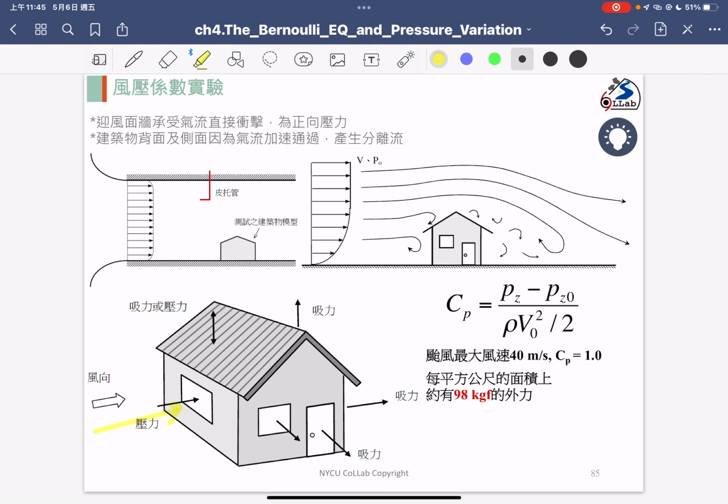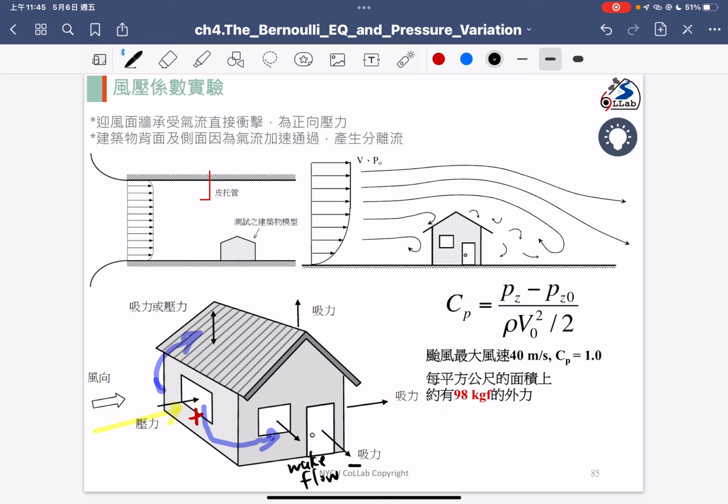So the CP value in here should be positive, right? Because the CP in here is a higher pressure, and the flow will flow to the lateral regions, and in the lateral regions we can have some wake flow occur. So there is some wake flow in those lateral regions, and as we see, we know that